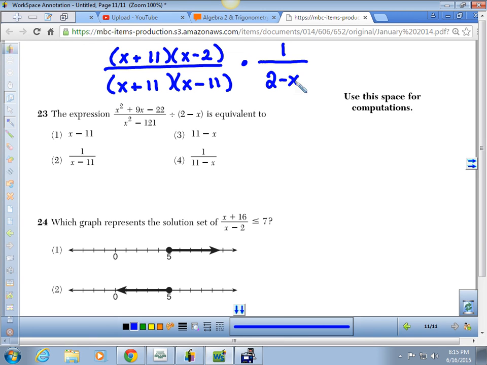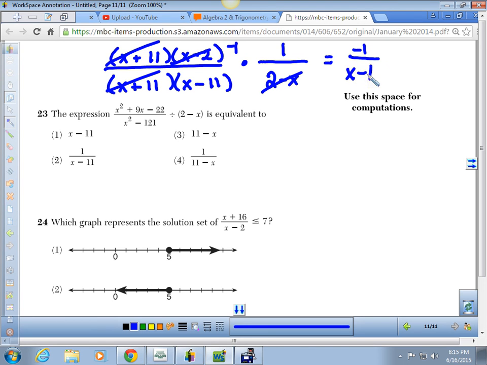And then before we multiply, we're going to do what? We're going to cancel the like terms, right? Those knock out. X minus 2 and 2 minus x. Are they the same? What do they reduce to? A negative 1. So we're going to hold that negative 1 up on top. So what do we have on top? Negative 1 over